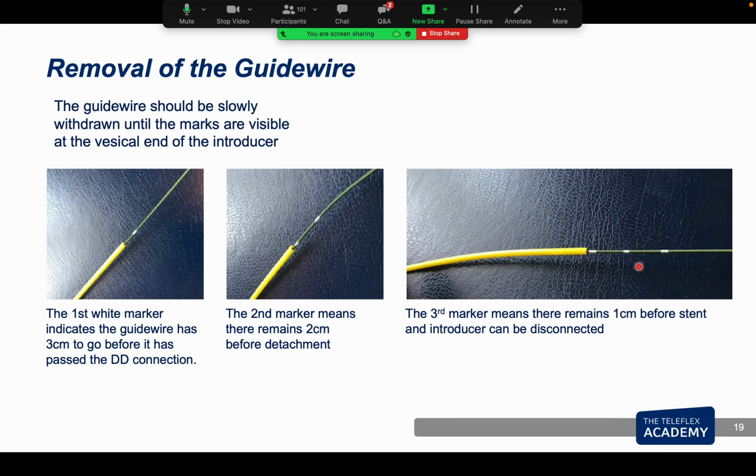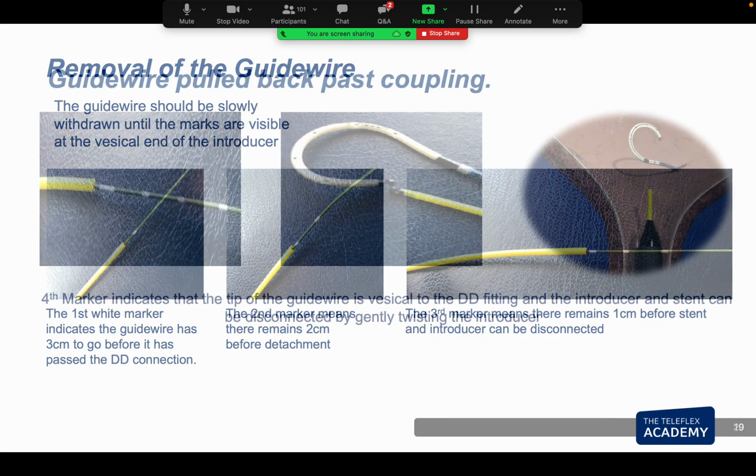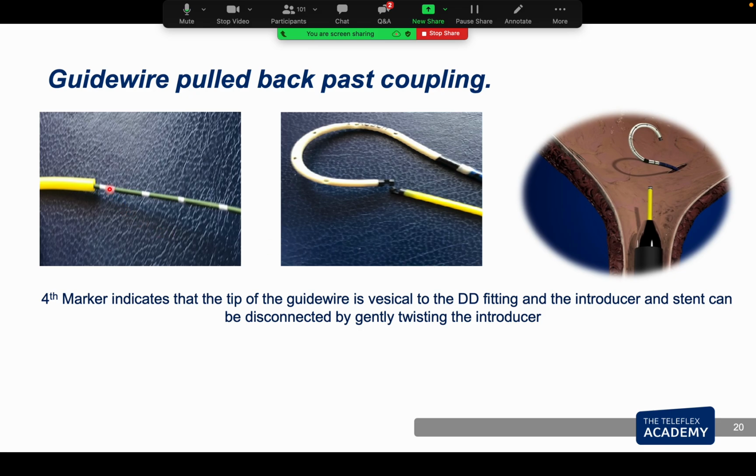So when you have these markings, you can decide whether you are happy to dislodge the DD coupling or you want to maneuver it further, whether you want to have less amount of segment in the bladder or you want to direct the stent upper end into one of the calyces. So you can do all the maneuvers before the DD coupling releases itself. And once you have the 4th marking, the DD coupling will get released and you will have a successful placement